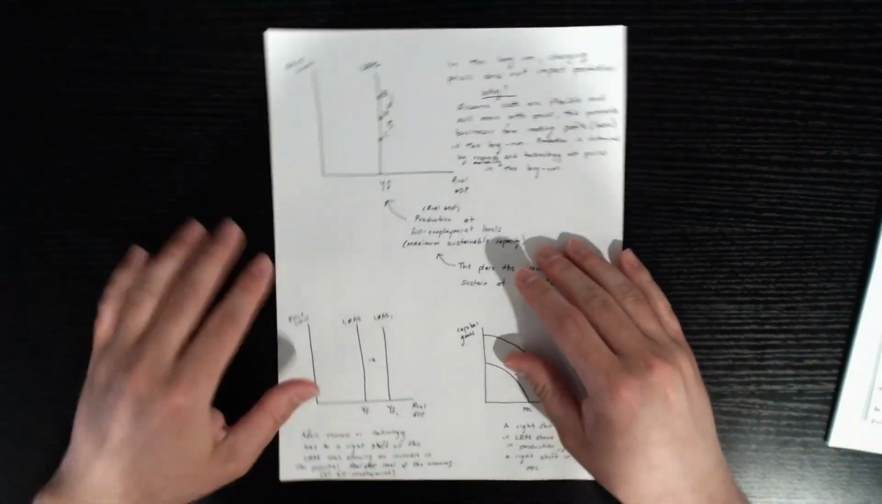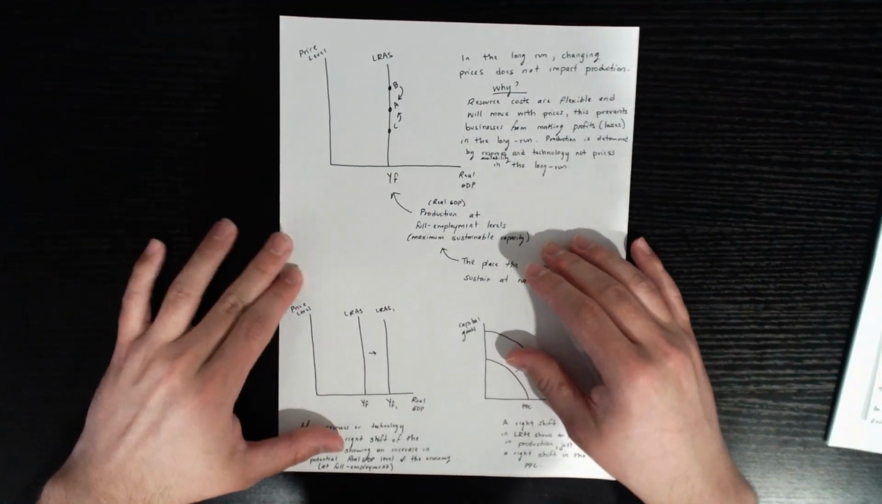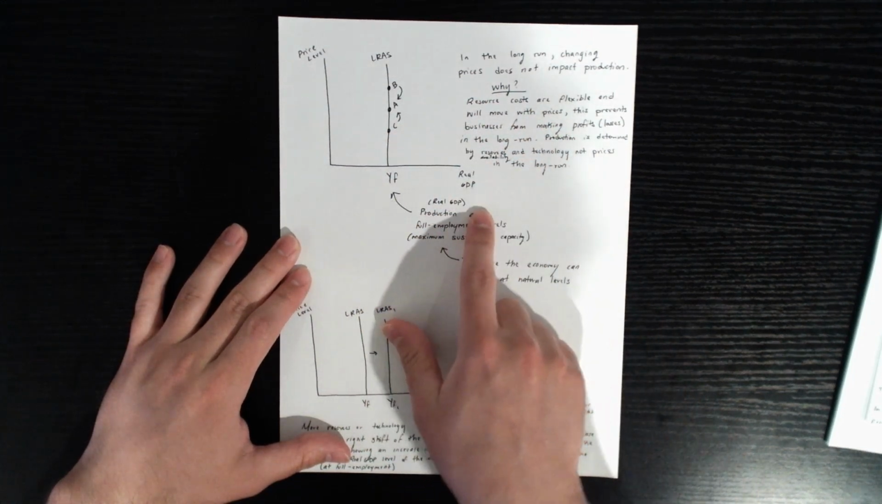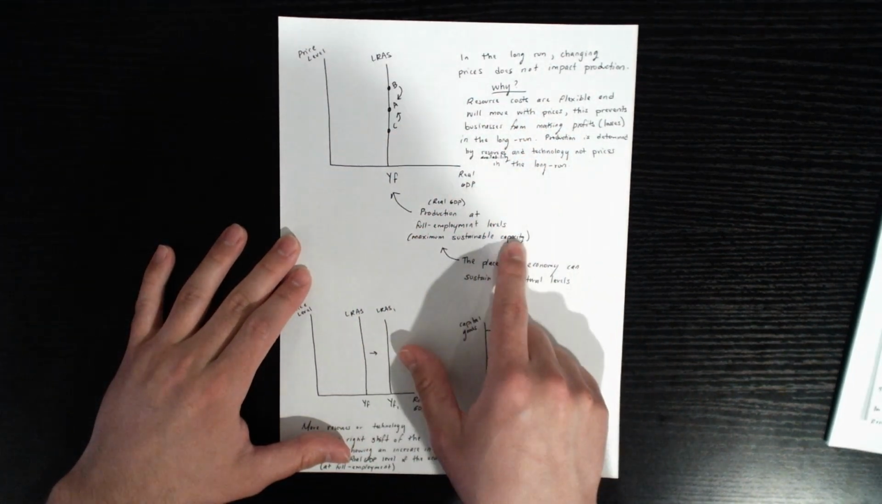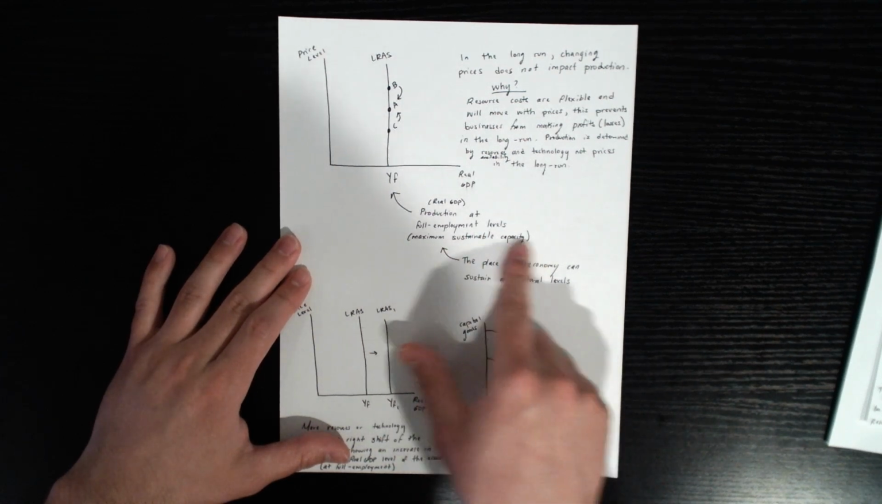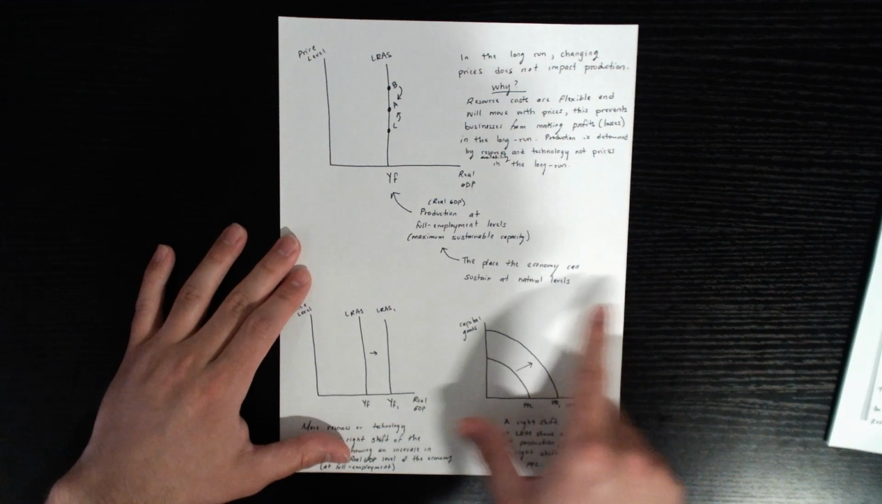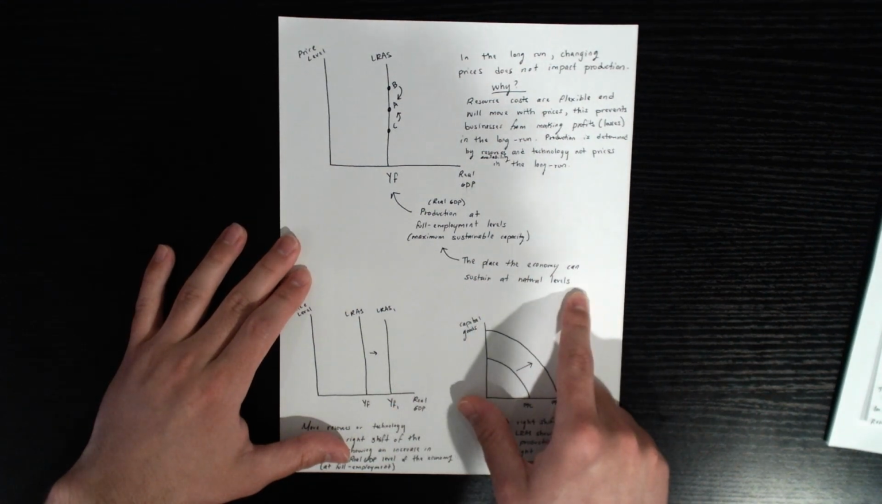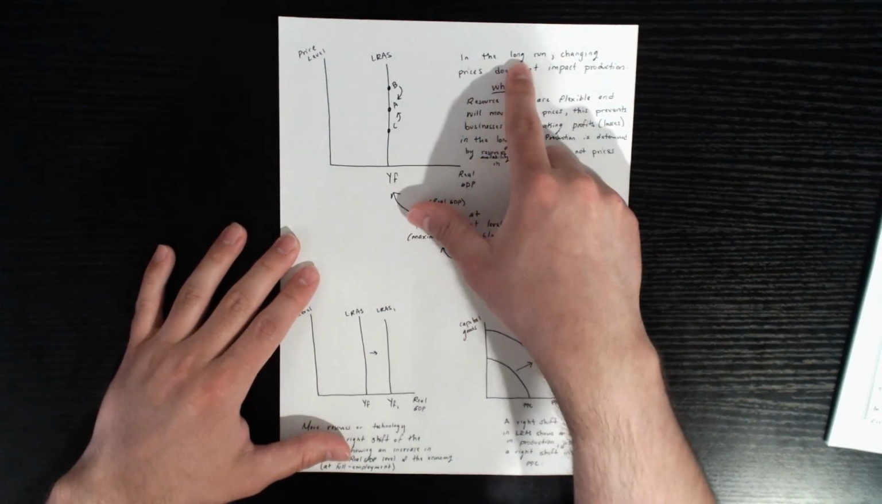Now let's switch over to long run aggregate supply. So here's the long run aggregate supply curve. Remember, it shows us production at full employment levels. It's the economy's maximum sustainable capacity, how much it can sustain at its natural state. This is the place where the economy is at its natural levels. In the long run, though,